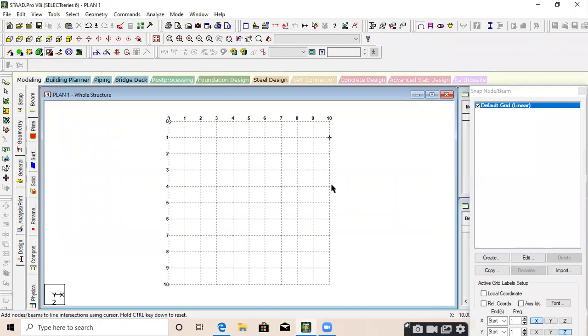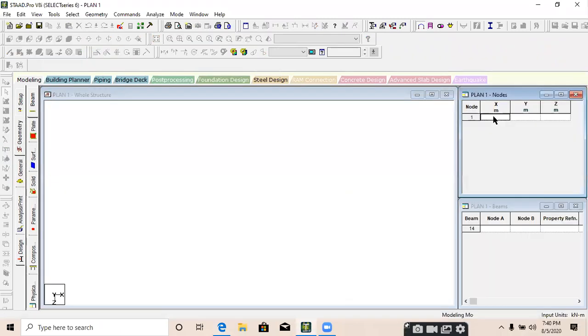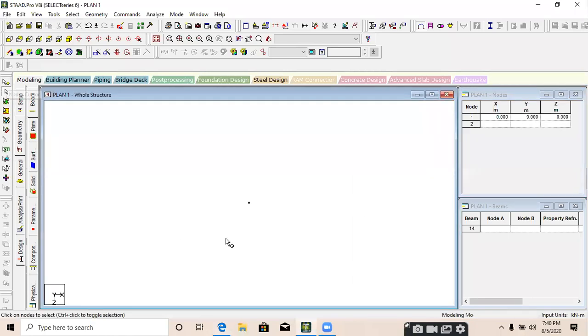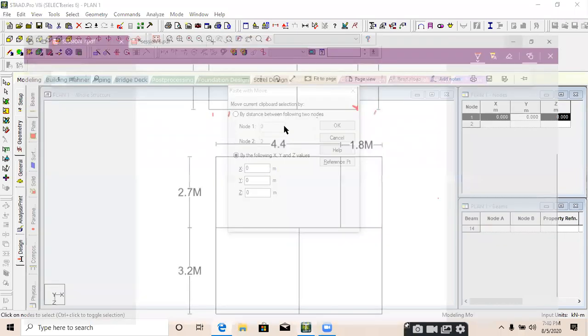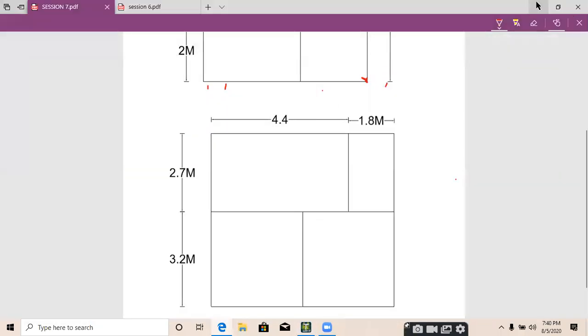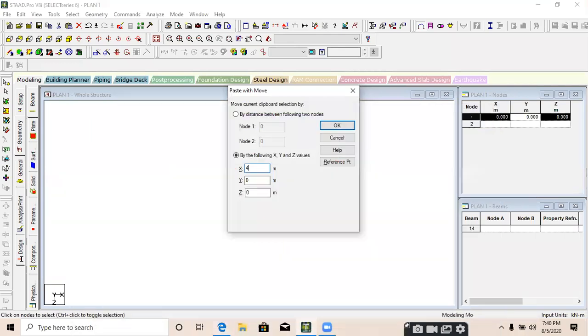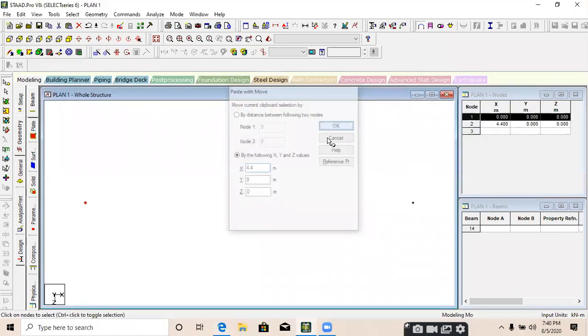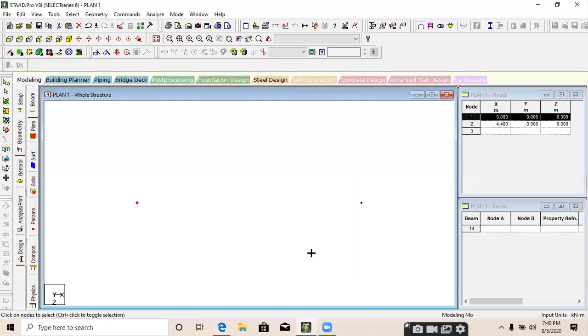I just create one node at 0, 0, 0. Take a node cursor, copy this particular node, and paste it in x direction, and the distance will be 4.4. Second node, I select the second node, copy paste in x direction, I have to provide 1.8.